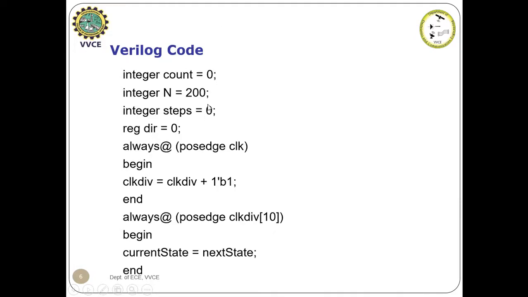Okay, in addition to this, I had to rotate the stepper motor for an integer count value. I am assuming this integer count value as 0. Clock division works in terms of a counter. Based on the count value, we have to choose some appropriate counter value to work with our stepper motor. Therefore, I am choosing the initial count value as 0. And after that I am choosing the value of n as 200.